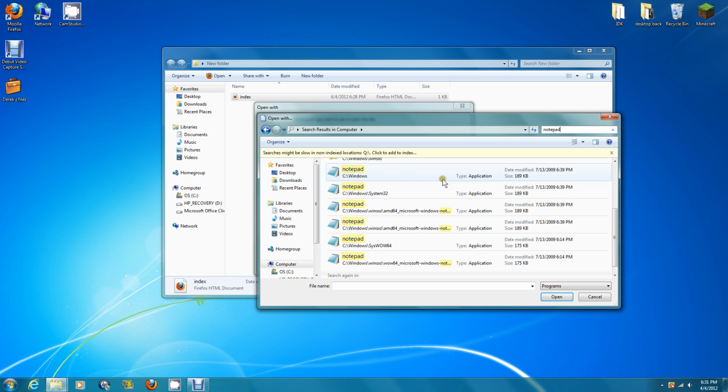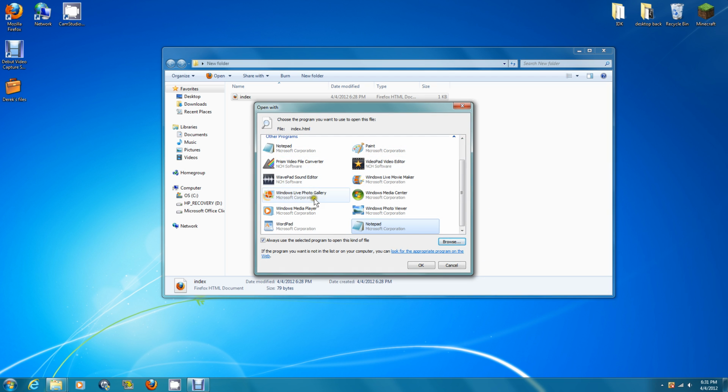C-Windows. That's the one you want. You don't want one of these, C-Windows-Win, I can't even pronounce that, or -System 32. You don't want one of those. You want this. Just want the one that says C:\Windows. Sorry. Then once you found that, you want to click on it, and then you want to scroll